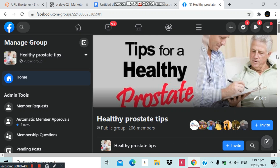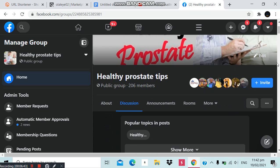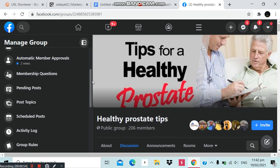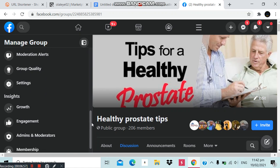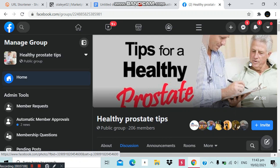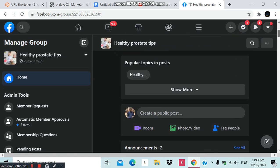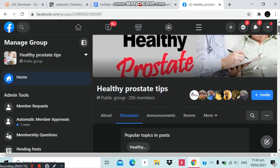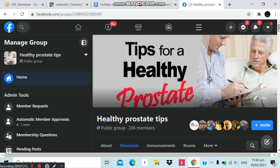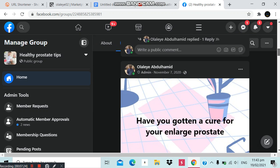But firstly, if you want to create a group, create a public group and limit it. In the group settings, set it so that no one can post, or if they post, it won't show automatically and you have to approve their posts. You see all that when you're trying to create your group. It's very simple. You can get one of these emails, download it from Google, and just set it up. Then your group name. When you create your group at first, you have 0 members. At the beginning, try posting tips, like on Google,